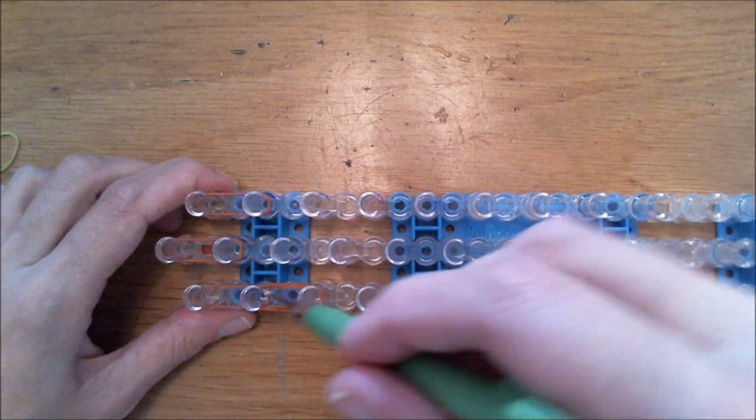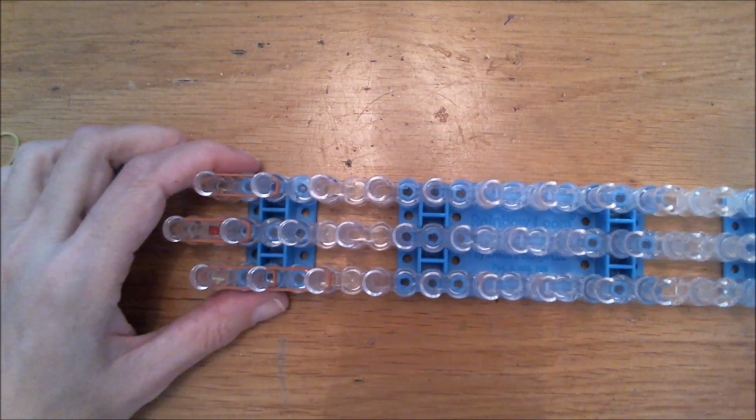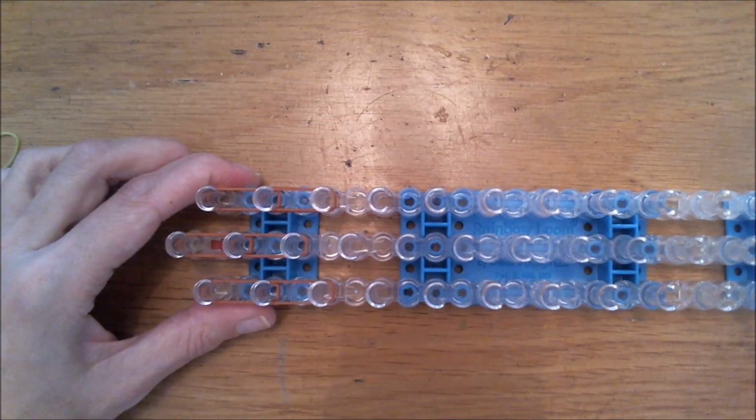Two again. Try to place them on without a twist. You can actually leave them twisted, but I think it will look a little bit better if bands aren't twisted too badly on your loom. We're going to